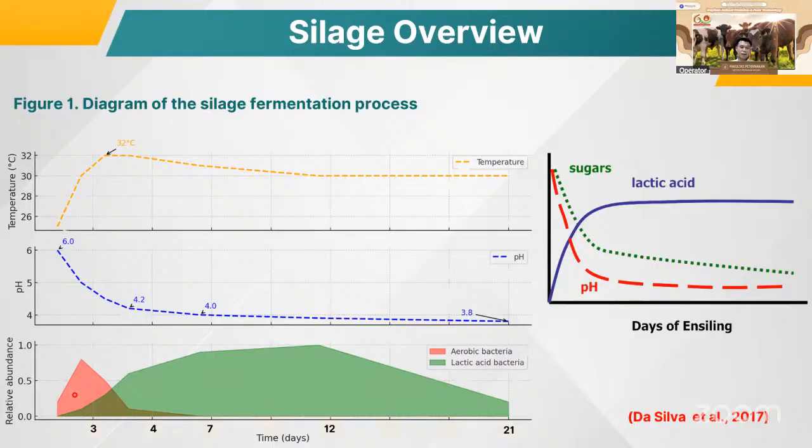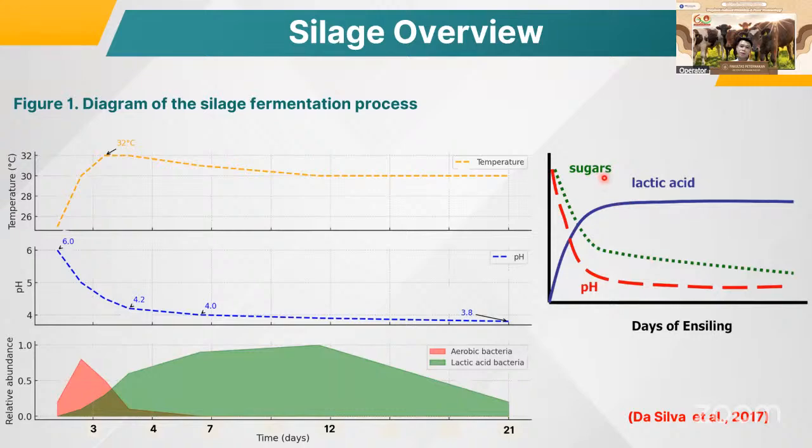After oxygen is removed, these aerobic bacteria can be reduced. Alternatively, lactic acid bacteria can increase and lower the pH, as you can see on the